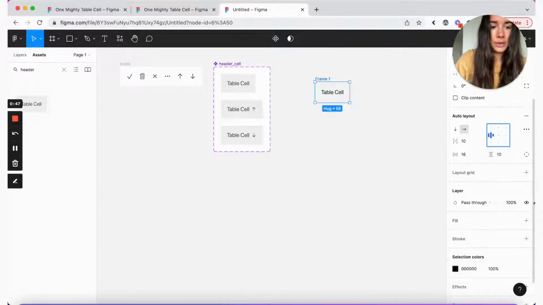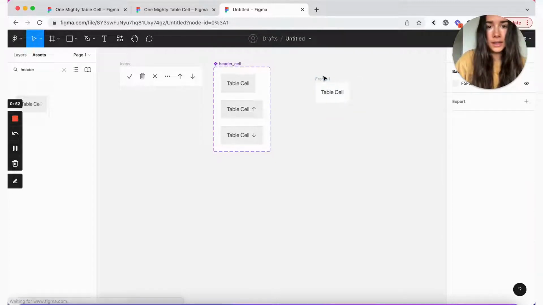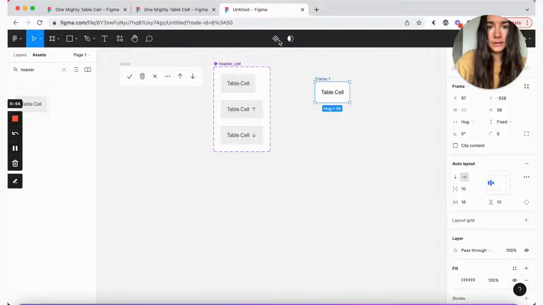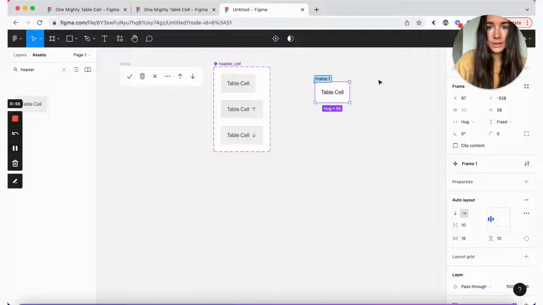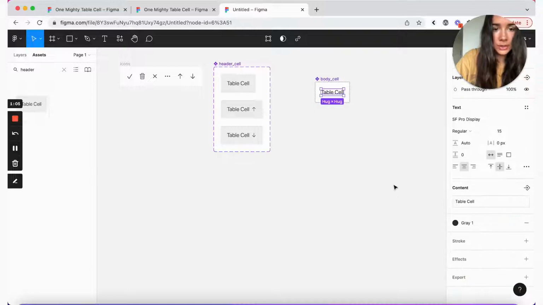So after that, we're going to add white fill, and now we can turn this into a component, and let's call it body cell. And we'll switch this color to a dark gray.